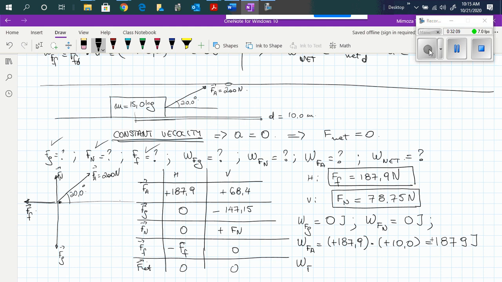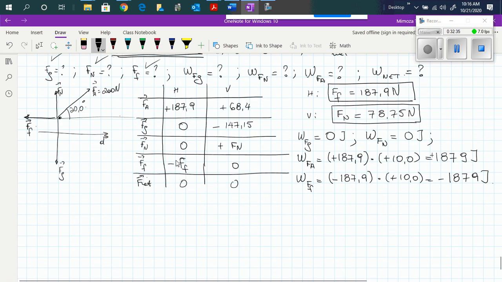Work done by force of friction will be negative because it is in the opposite direction of the displacement. 187.9 times positive 10 equals to negative 1879 joules, which tells us that work net